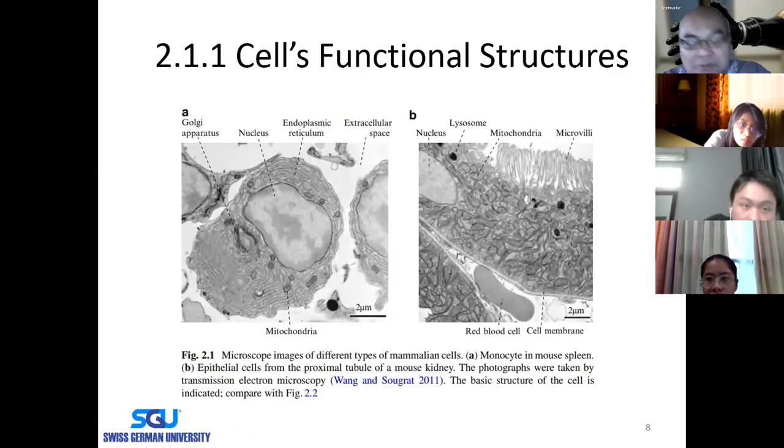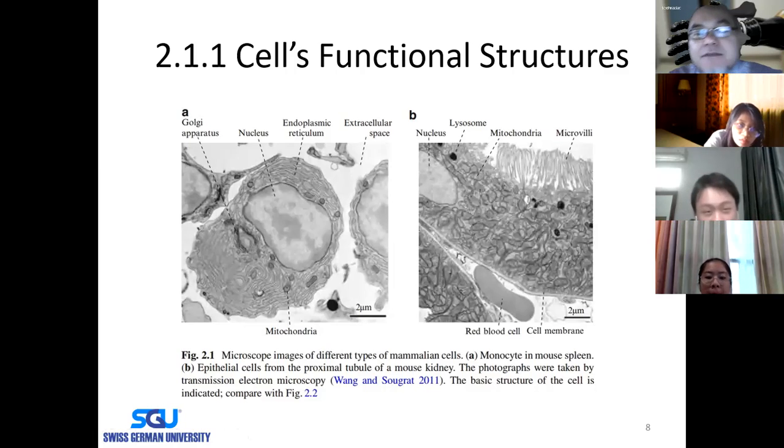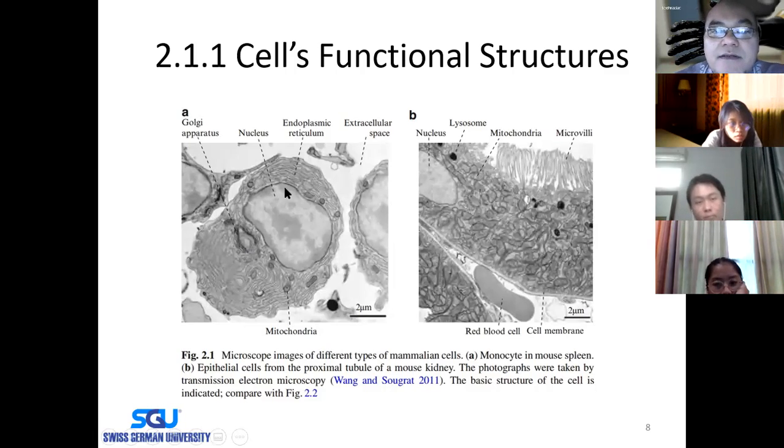So the B is epithelial cell from the mouse kidney. Here you can see the different organelles located within this mammalian cell. In the mouse spleen, the nucleus looks very large here, and we see the endoplasmic reticulum, which has ribosomes. Then the Golgi apparatus, the mitochondria here, and this is the space between the different cells, the extracellular